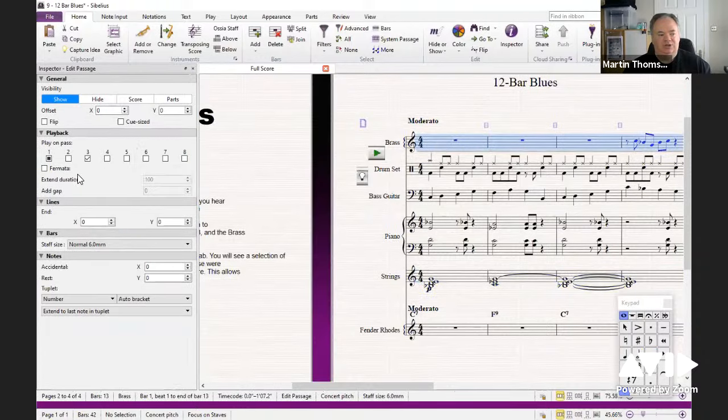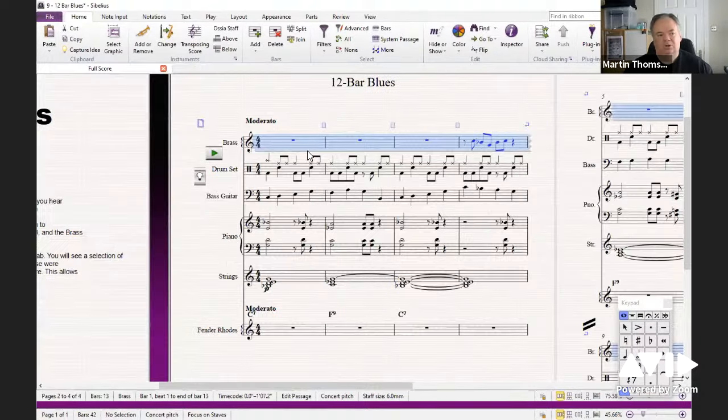And the same for the brass section there, that's only going to play in the third time through as well. It's a way of just making a score that could be very repetitive, a bit more interesting. But what you can also do with this, let me go back to the way it was, focus on the